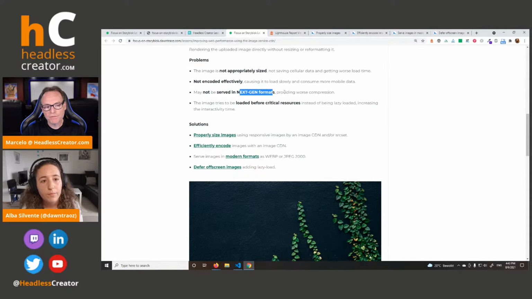Do you have a recommendation for the actual next-gen format? Do you recommend one over another, or does it matter? Well, obviously it depends, because if you are using PNG images, so you have transparency, you don't have any choice, just WebP. And the problem with WebP is that it's only available in the latest versions of each browser. So if you are on an old version of Safari, you will see that it's not showing up. And for that, I created code to check that the browser can serve